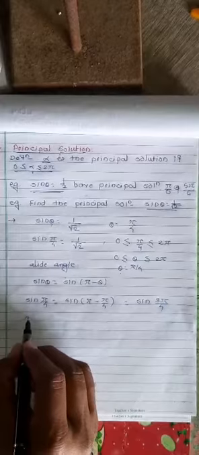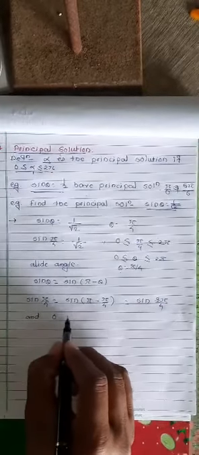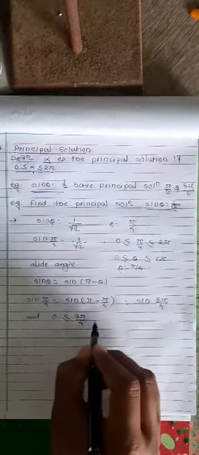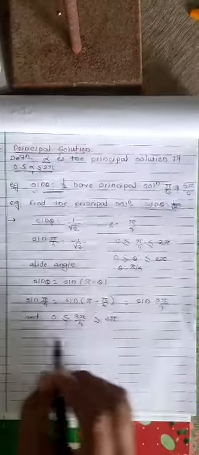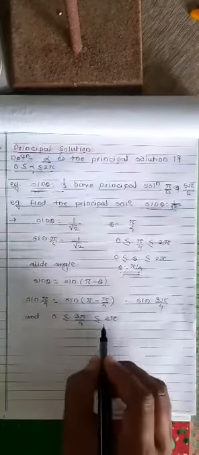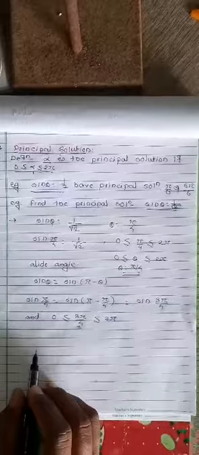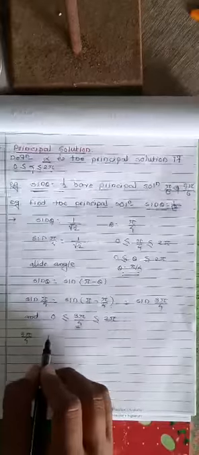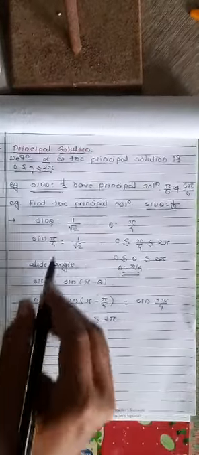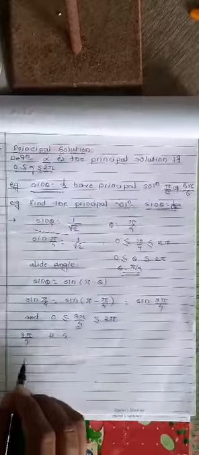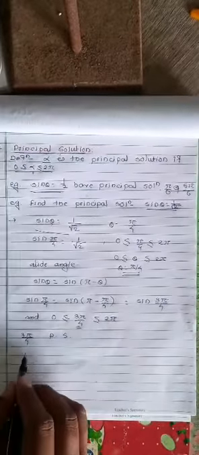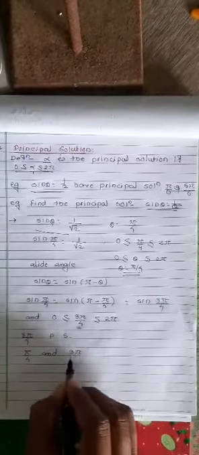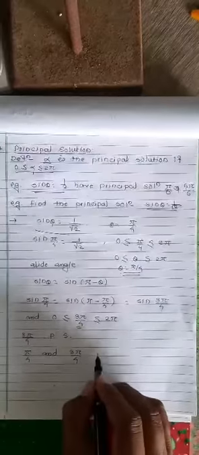Means that 0 is greater than or equal to theta, which is less than or equal to 3 pi by 4 or less than or equal to 2 pi. Means that this theta is equal to this and this theta is equal to this. Now 3 pi by 4 is also a principal solution of this equation. Means that first on this equation we have to take pi by 4, and 3 pi by 4 are the principal solutions